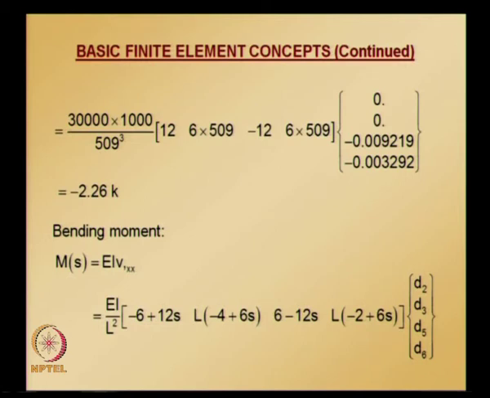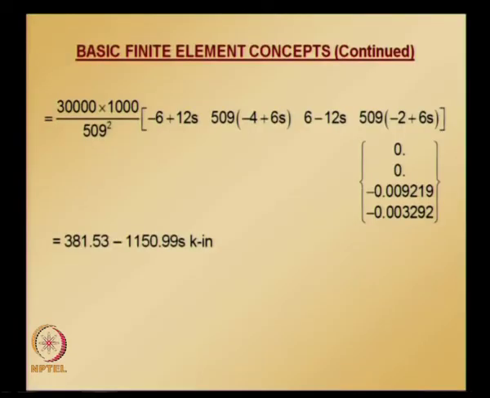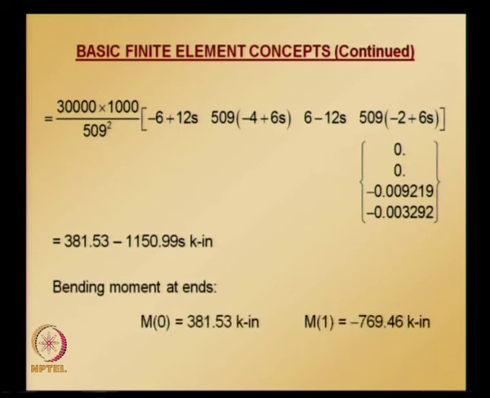And please note that when we are calculating either shear force or bending moment, we are not applying any fixed end solution correction, because element 1 is not subjected to any distributed load. So substituting the numerical values, we get moment, and we can calculate from this what is the bending moment value. Shear is constant, whereas bending moment is having linear variation. So bending moment value at node 1 is obtained by substituting S is equal to 0, bending moment at node 2 is obtained by substituting S is equal to 1.